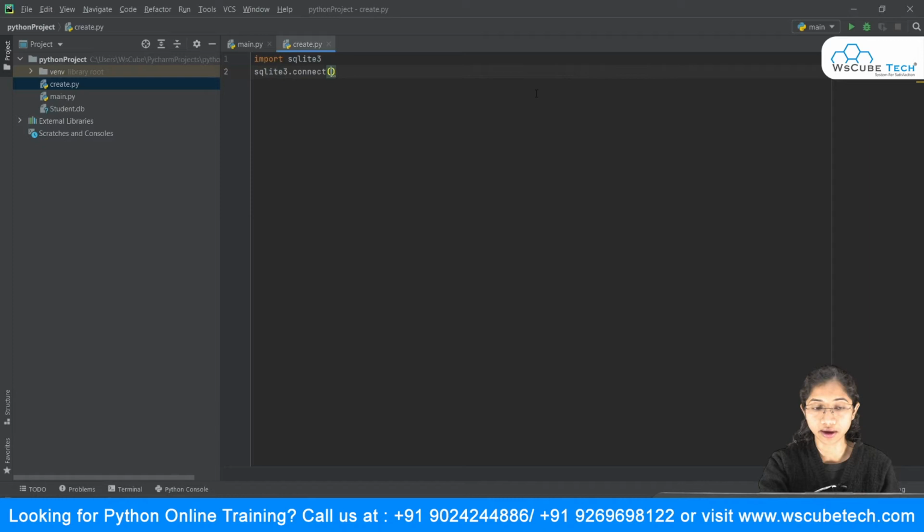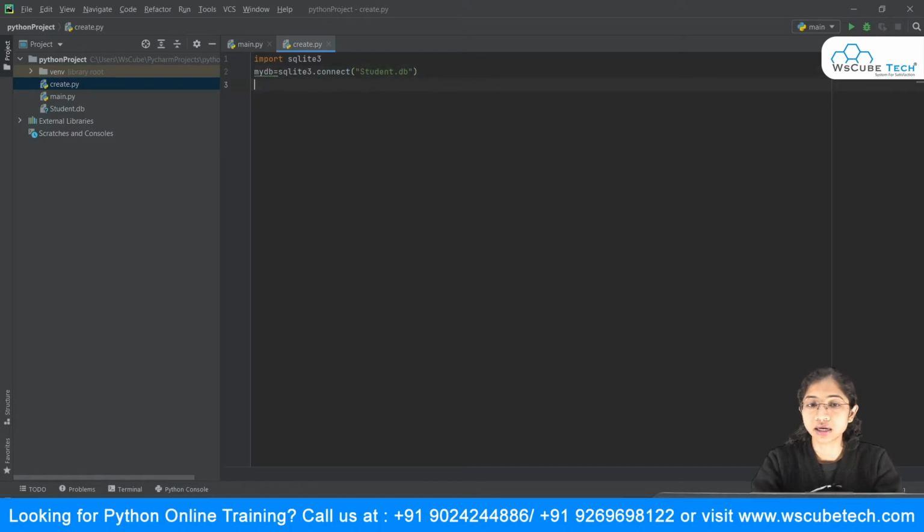So here I want to give it a name, that is student.db. This is my database that I want to connect, and I will put this inside a variable name, say mydb is equal to, all right.